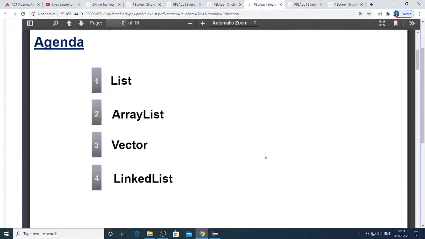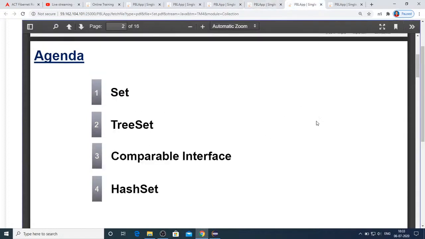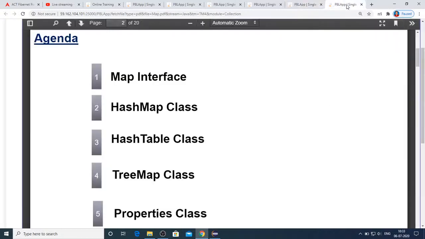ArrayList we have seen. Vector, LinkedList we have covered, and we have also discussed Hashtable. And I said the remaining few collection classes we will cover in today's session.